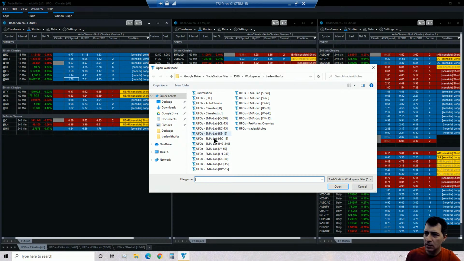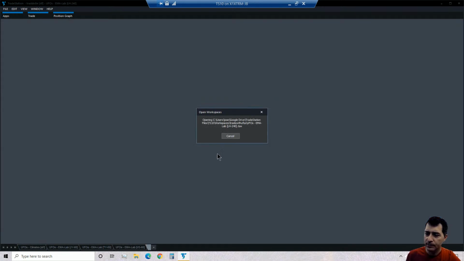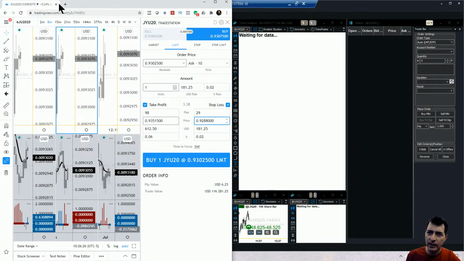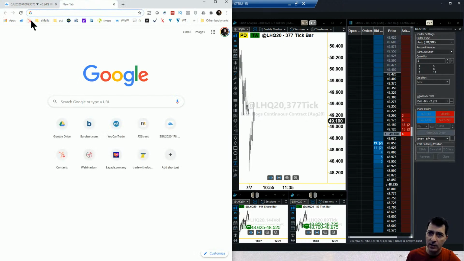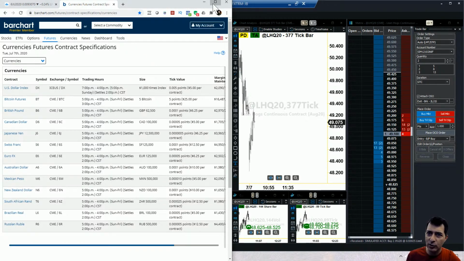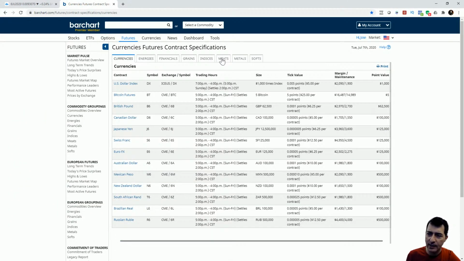So let's load lean hogs, and very important, we are dealing here with one of those commodities. Okay, and with commodities, I said that many times, isn't it? With commodities, it is important that you check and you double check that you're using the right expiration date, therefore the right symbol.